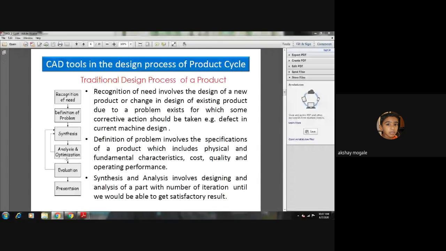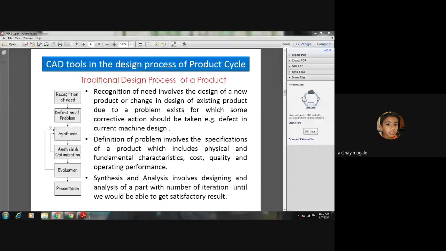We have to check it and make sure that whatever product you have developed is up to your expectations. And then the last part is the presentation, where whatever product you have done is given out for manufacturing.